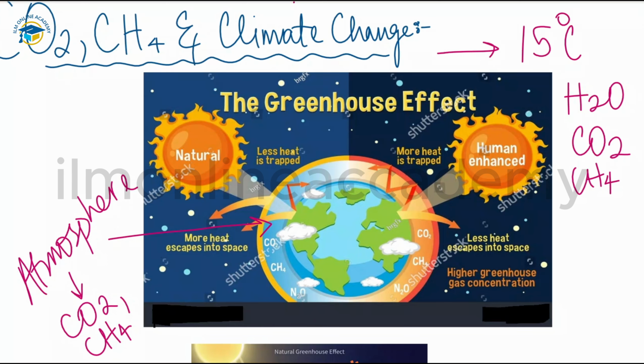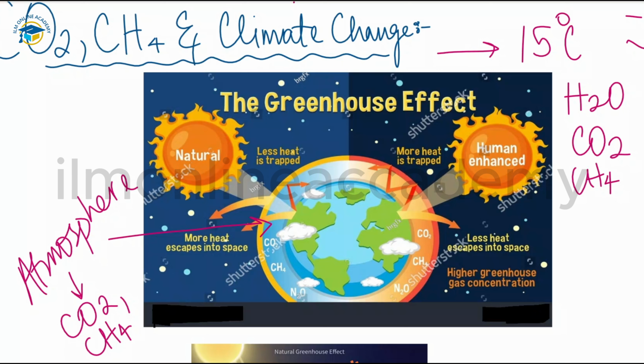Without the greenhouse effect, the average temperature would be lower, possibly minus 18 degrees Celsius. So that's how important it is for life on the earth. At this temperature, life of the type we know would not exist at minus 18 degrees Celsius. Over 200 million years, levels of the greenhouse gases have remained relatively constant, but because of human activities, this is now starting to change.